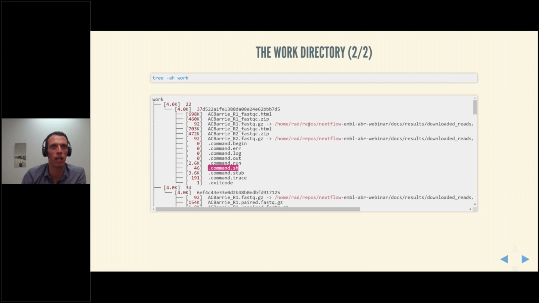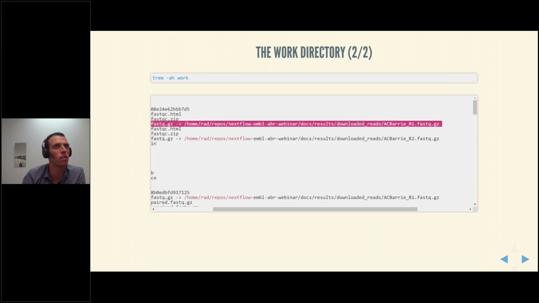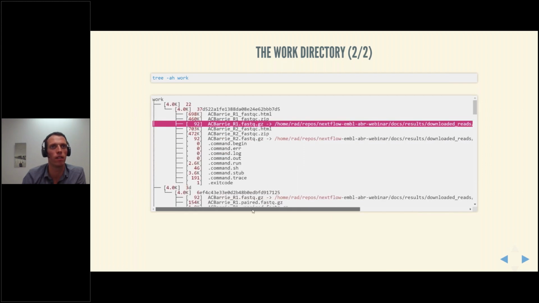And the channel, let's say the sample data or data chunk traveling through channels, manifests itself here as, by default, a symlink. So this task, whatever it was, had an input defined that included this FASTQ file, and there is a symlink to the actual downloaded reads, and the symlink was basically the staging of the inputs in the work directory.